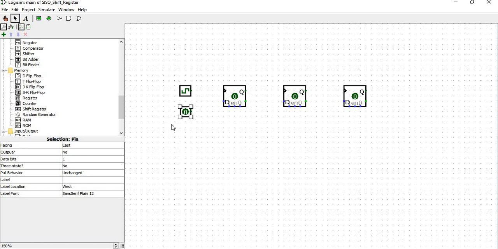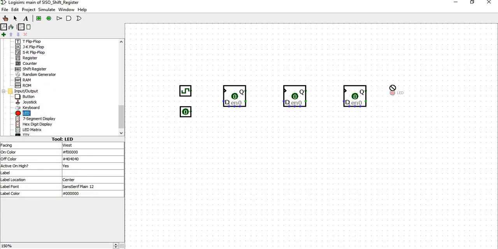Then what else do we need? We have flip-flops 1, 2, 3. Then we have the clock. Then we have the input. Then I would like to see the output, right? So I'll go and pick up the LED. As I'm going to have the serial out, I will take it from the last flip-flop.